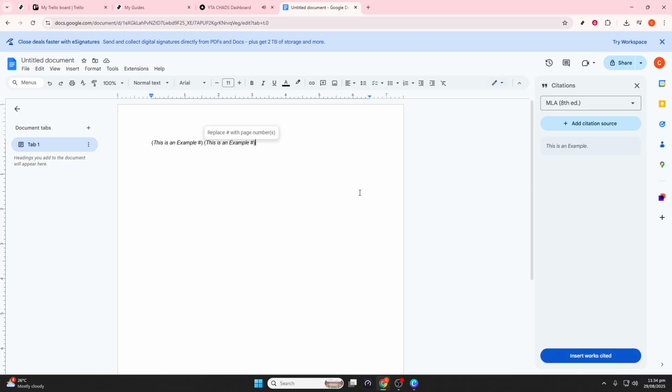Remember, if you add or update sources later, you just need to click Insert Bibliography again to refresh it. This feature ensures that your bibliography always reflects all sources used in your research and writing. And there you have it. Using Google Docs for managing citations can streamline your writing process and ensure your work accurately